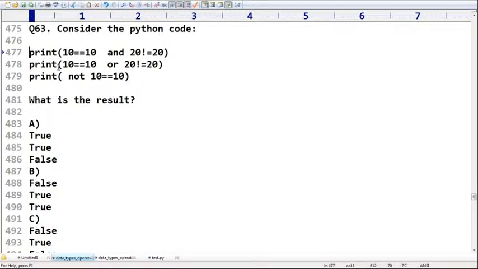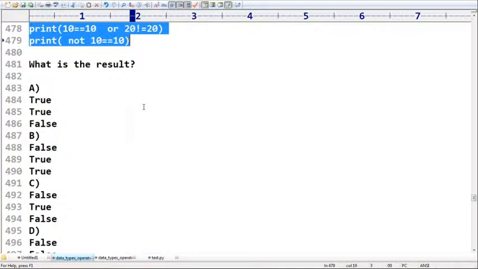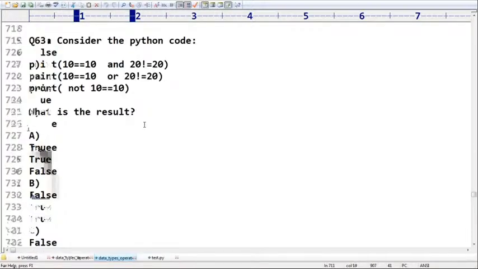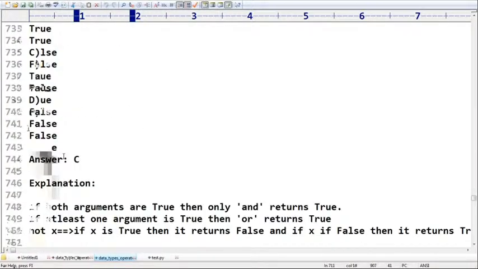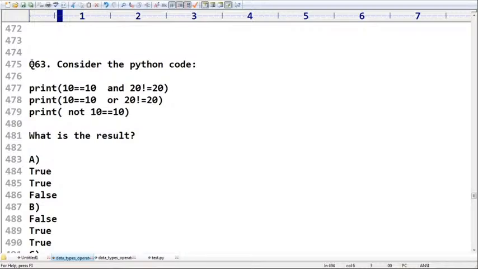Which option matches? False, true, false, so C itself is the answer. Observe that carefully: false, true, false. Can you please confirm? Is any explanation required? You respond. That's all. Next,